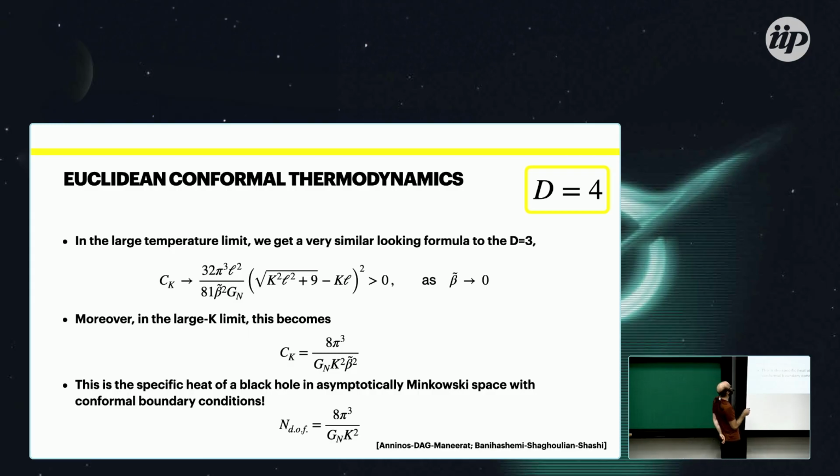In fact, you can also take the large K limit of this expression, and that will take you into the flat space regime of this solution, and you will find that the specific heat is positive, and now given by a very simple expression that is 1 over beta tilde squared times G Newton times K squared. So for the flat black hole,